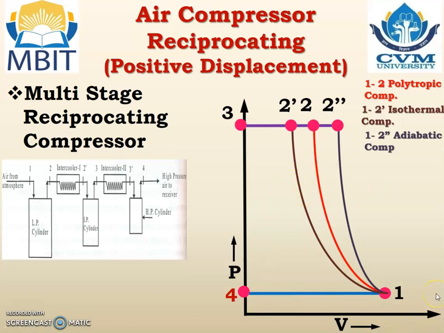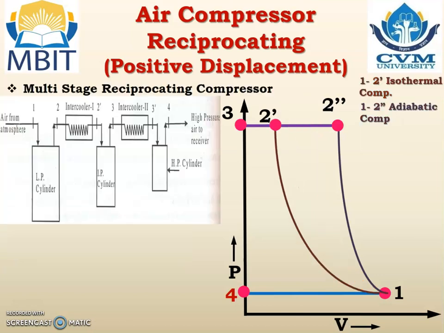Now, if air is compressed in 3 stages, what will be the PV diagram? So let us see, take that example that it is compressed using the adiabatic compression process. Clear? So let us see. 1 to 2' is my adiabatic compression process if it is a single stage, and 1 to 2 is the minimum work, that is the isothermal compression process, because during the isothermal process the work done required will be less.